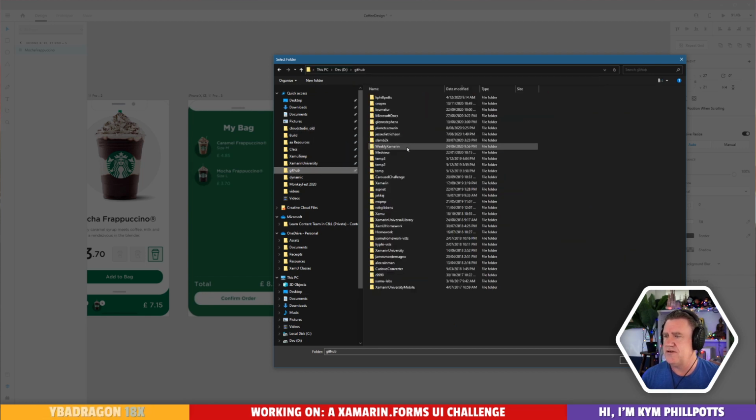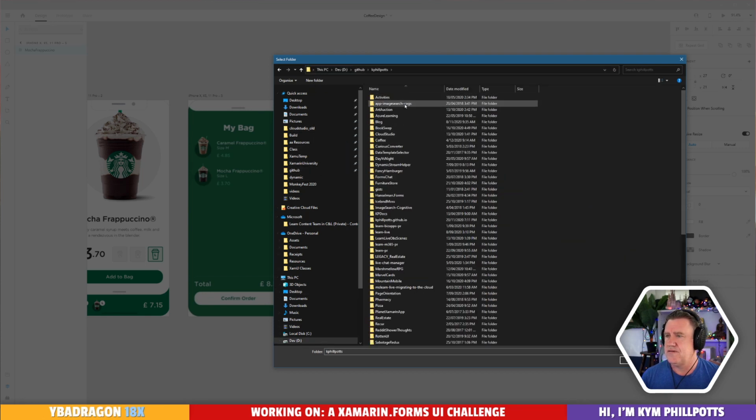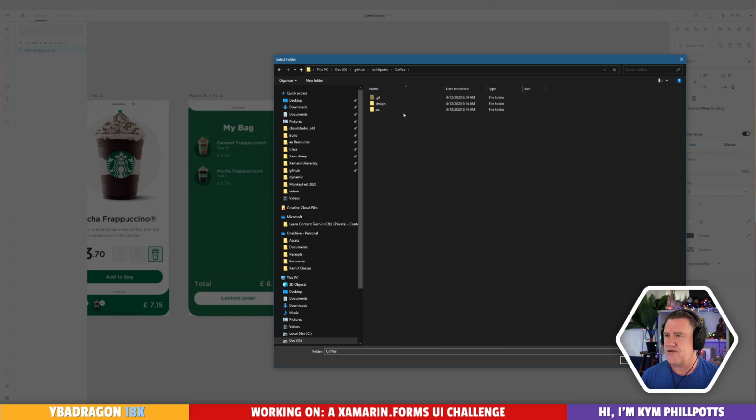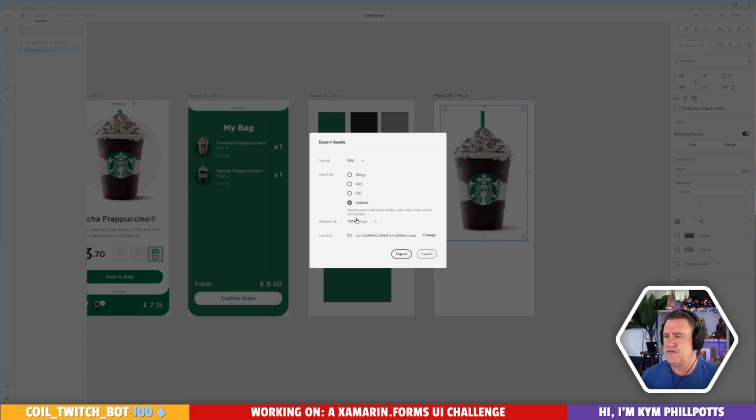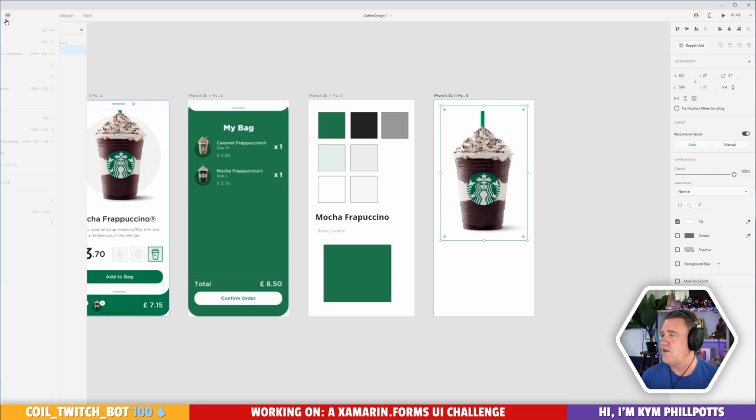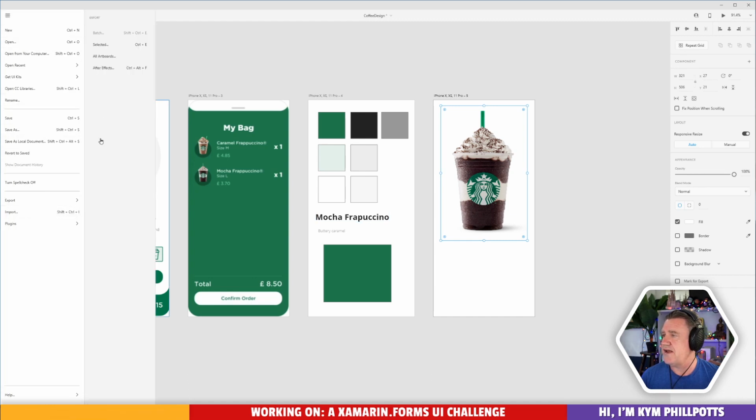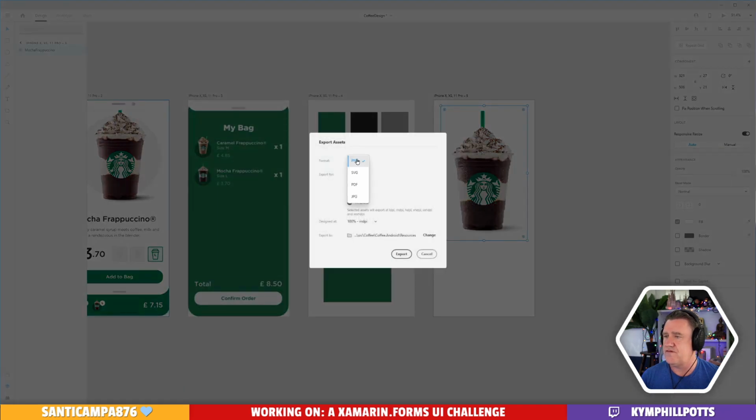Where is it? In our coffee, Android. Lovely. Probably wants to go under there, I'd suggest. Export the Frappo. And we should also export it for iOS.